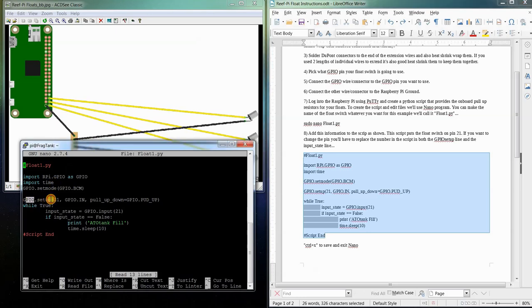So what we're saying here is the setup on pin 21, where we connected the one wire from the float switch, is going to have a pull-up resistor. Now you could actually add a pull-down resistor. You would just have to change the up word to down. So what we want is a pull-up resistor, and what we're going to say after that is, while the input state is false, I know it sounds a little counterintuitive, but we're going with false,